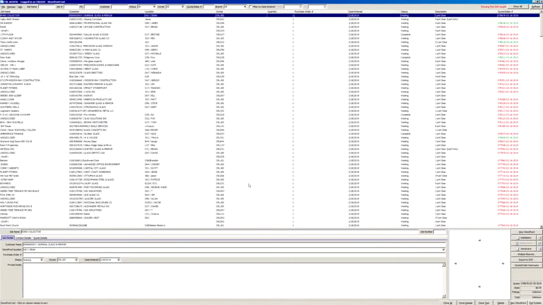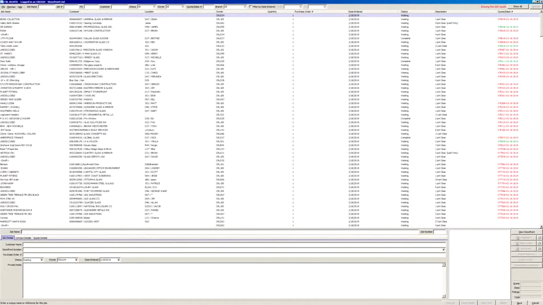First screen is a header screen. Once you get jobs lined up, you'll have them all listed here. Way to start out is with new storefronts down in the bottom right hand corner. That'll give you the ability to add your job name here. So we'll start off with just a job name, Tower Plaza